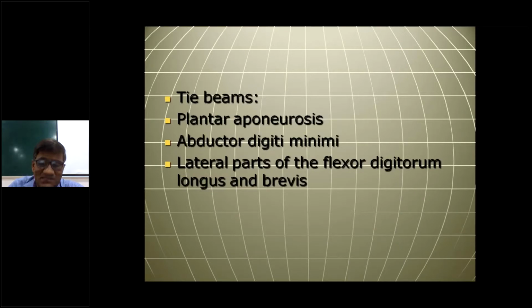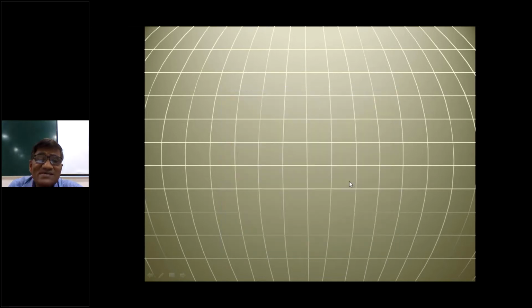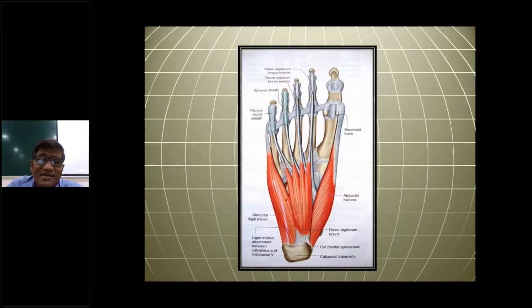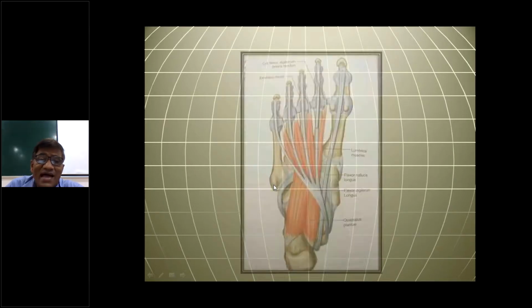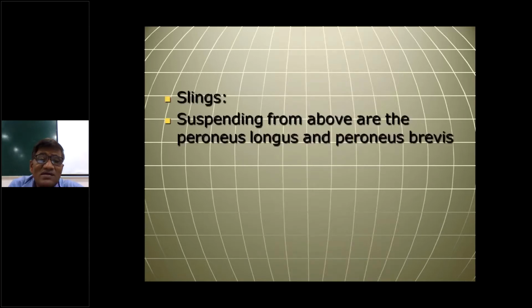Now, tie beams, which connect end to end. Same. Again, lateral half this time of the plantar aponeurosis and lateral half of the flexor digitorum longus. So again, abductor digiti minimi of the first layer and lateral half of the flexor digitorum brevis of the first layer. Lateral half of the flexor digitorum brevis, abductor digiti minimi, and lateral half of the flexor digitorum longus. So they are all the